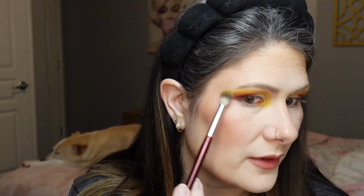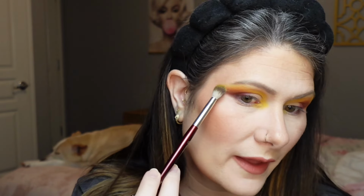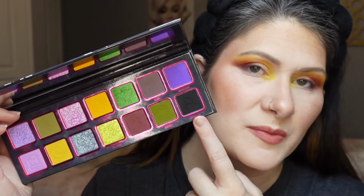So now I'm going back with that mid-tone orange shade that I used called So Haunted in my crease. Same brush that I used to apply it. I picked up just the tiniest little amount of product, and I'm just very lightly going along that edge, kind of blending everything a little further, reiterating that shade just a little bit and making sure that we have a nice blend. So now we can go ahead and deepen up the outer corner with this black shade right here